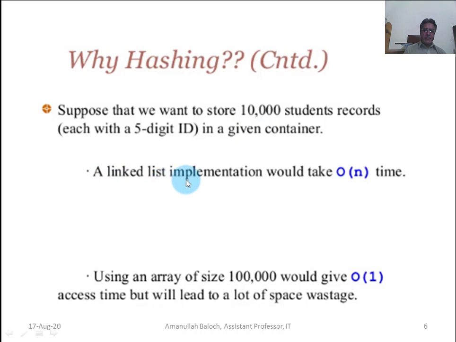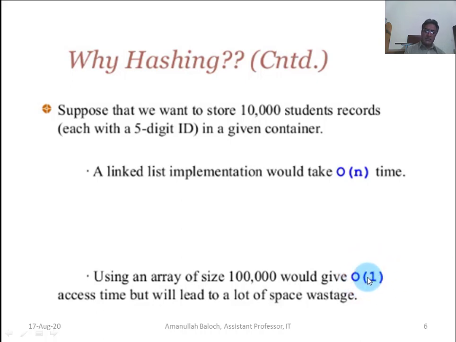A linked list implementation would take O(n) time. Using an array of size 1 lakh, which we have already discussed, for 10,000 students we will need 1 lakh memory locations of an array. Then it will efficiently search an element in unit time, O(1).